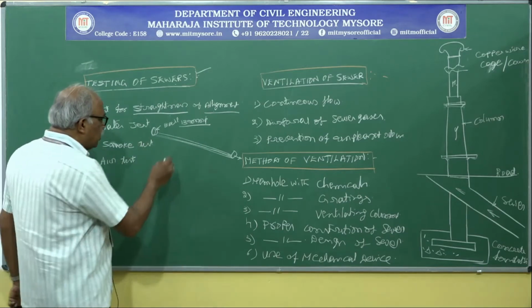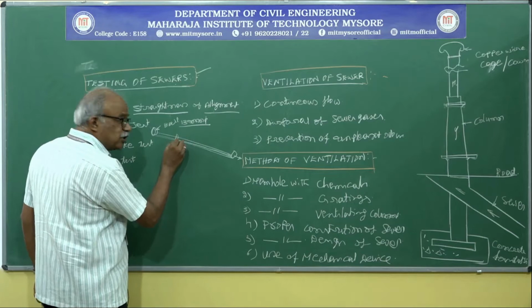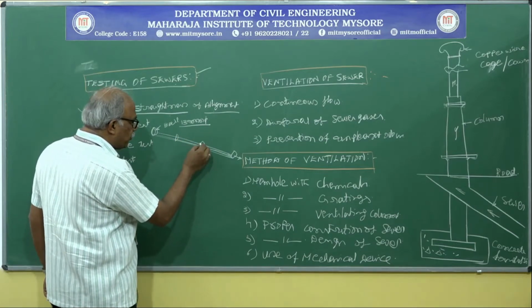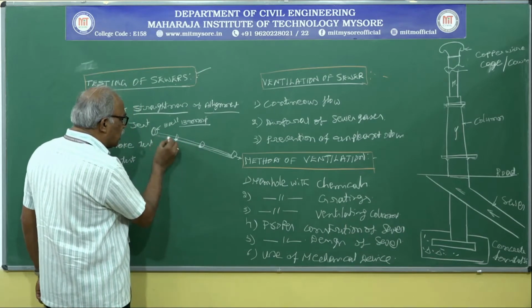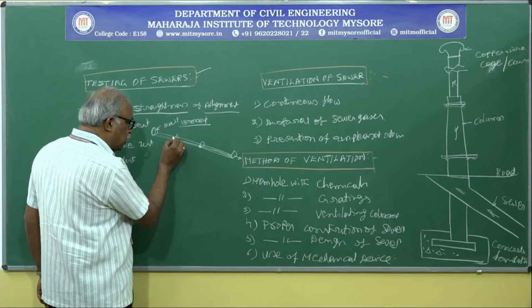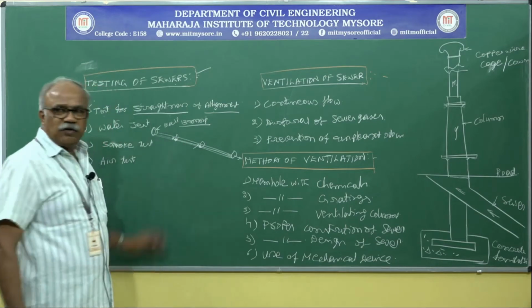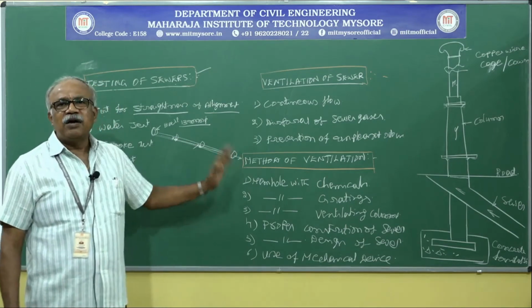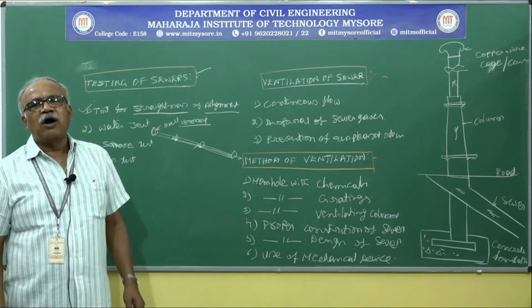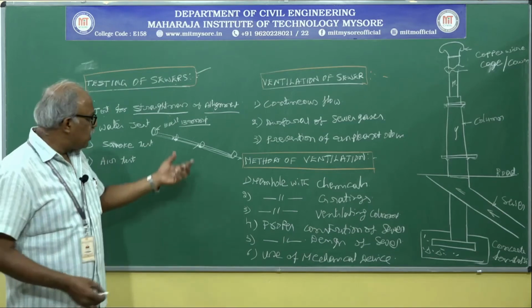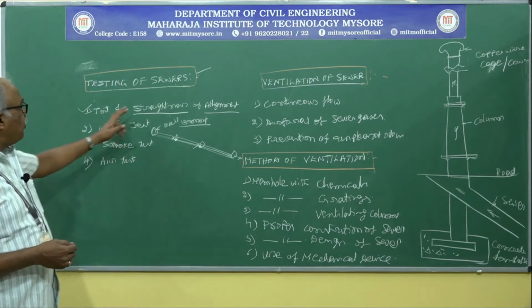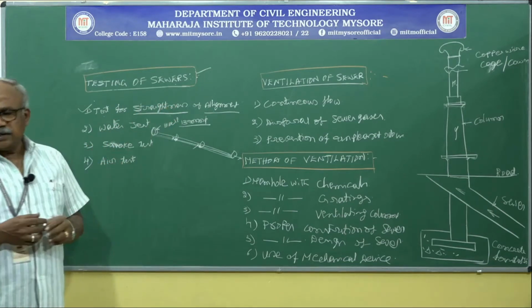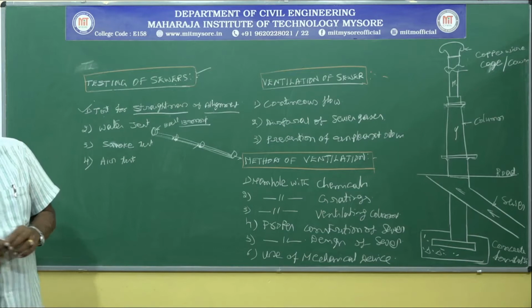If there are any projecting joints between these two points due to the mortar, the ball will be obstructed at these joints. It will not come out at the end of the pipe or conduit. This is the best method to know whether the alignment or straightness is right or wrong.